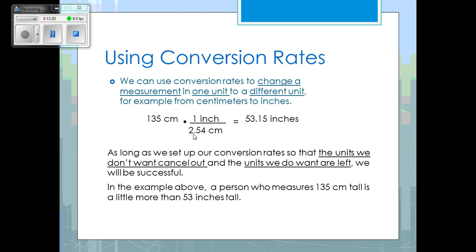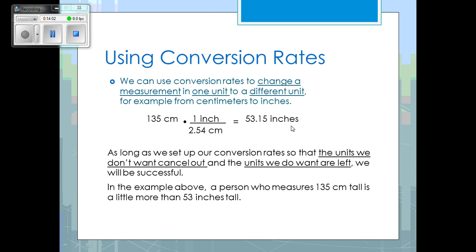Now, 135 times 2 is definitely not 53. We need to remember how to multiply fractions. We are always going to multiply our numerators together. We're going to multiply our denominators together. Then we're going to divide our numerators by our denominators. So 135 centimeters doesn't look like a fraction, but we can make it a fraction by putting it over 1. So we'd have 135 times 1 in our numerator and 1 times 2.54 in our denominator. What we end up with will be 135 divided by 2.54, which gives us 53.15